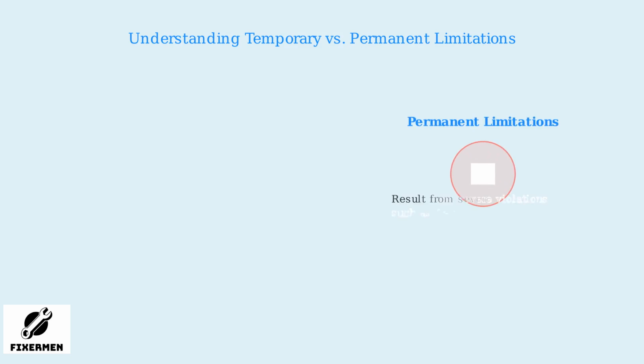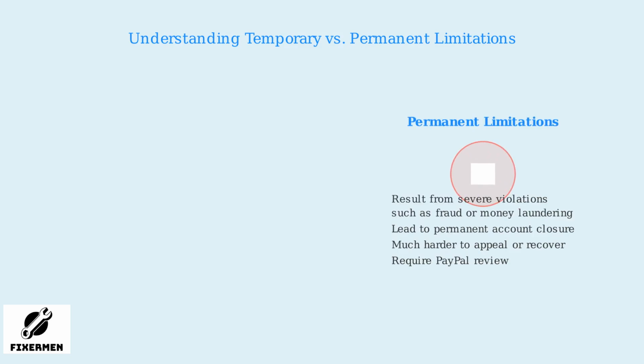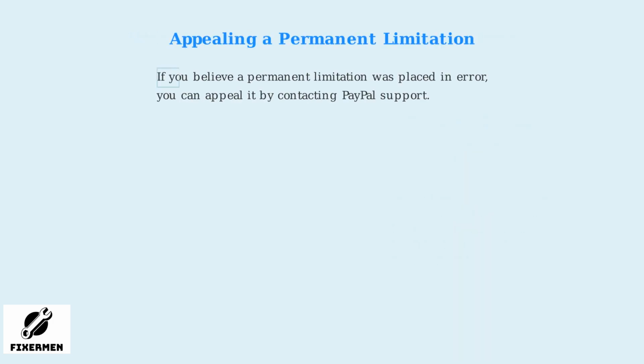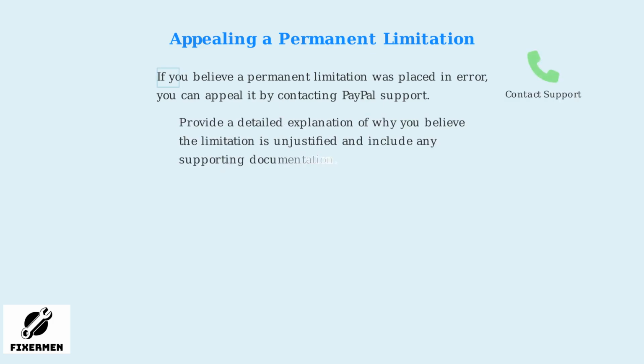Permanent limitations are much more serious and typically result from severe violations of PayPal's user agreement, such as involvement in fraud, money laundering, or other prohibited activities. These limitations lead to permanent account closure and are much harder to appeal or recover from, often requiring extensive review by PayPal's compliance team. If you believe a permanent limitation was placed in error, you can appeal it by contacting